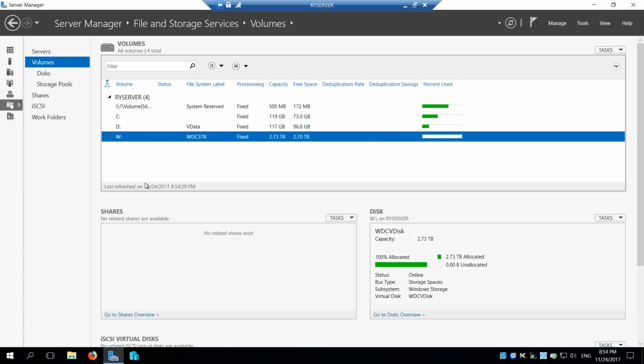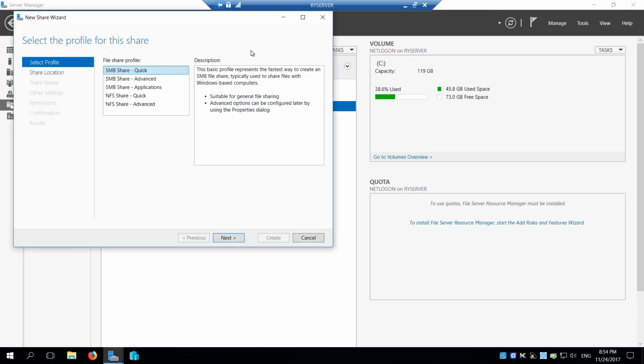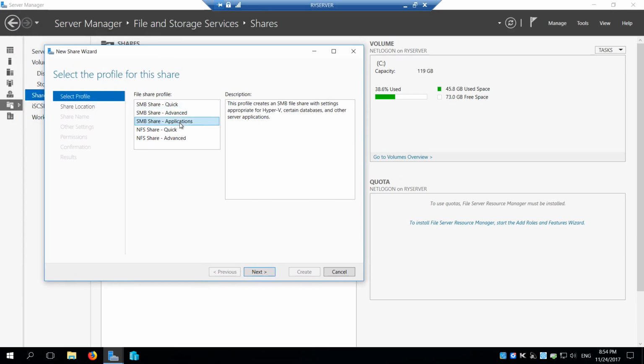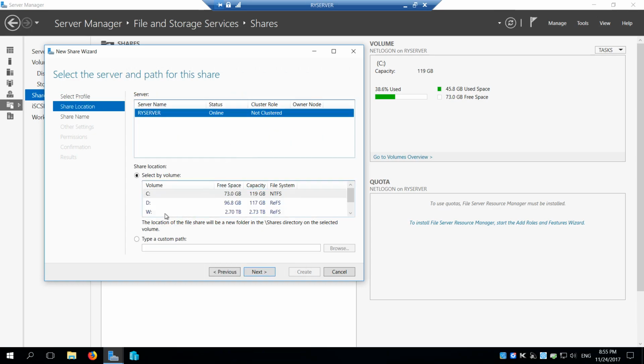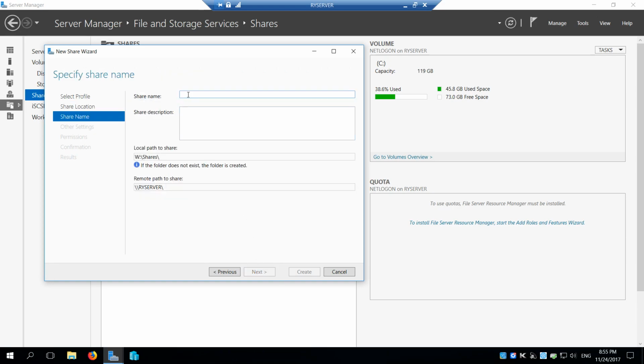Okay, now for shares it's very easy. There's two ways you could do shares. You can go here, right from here, and you can select task, new share. You could do quick, advanced, or applications. I often do applications, which you can read up on the different types, but for now we're just going to go with quick, because we're just going to do general file sharing, right? Okay, so we're going to hit next, and we're going to select here the W volume because we want to go by volume. Okay, you hit next, and the share name, so we're going to call it,